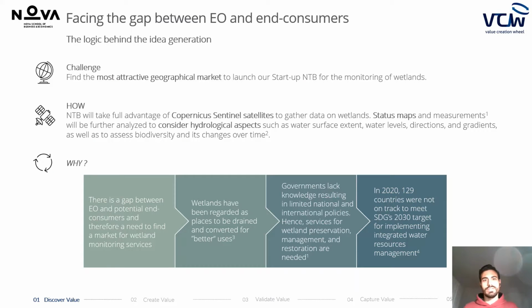So our challenge is to find the most attractive geographical market to launch our startup NTB for the monitoring of wetlands. We aim to do this through Earth observation satellites, using Copernicus Sentinel satellites to gather data on wetlands. The data we're going to gather are status maps and measurements that will be further analyzed to consider hydrological aspects such as water surface extent, water levels, directions and gradients, as well as to assess biodiversity and its changes